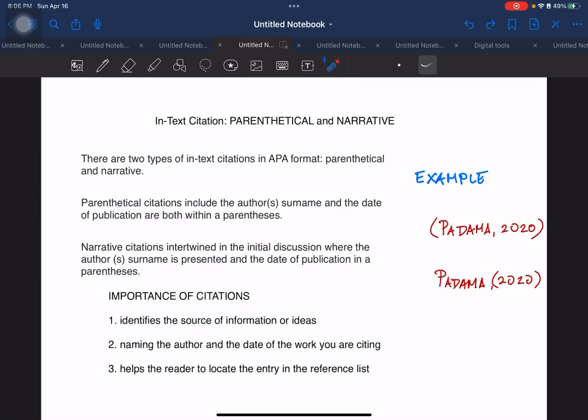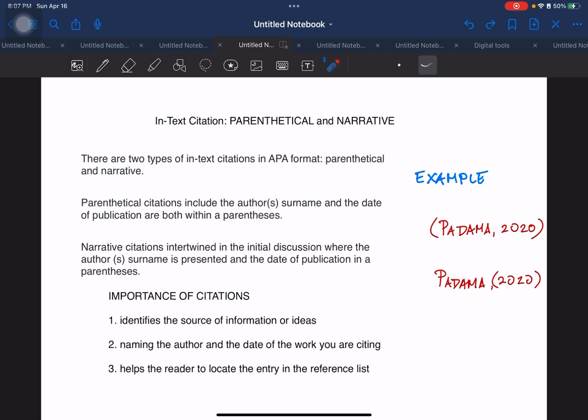This time we will be discussing the different types of in-text citation, specifically what we call the parenthetical and narrative citation. And we will be using Tagalog and English during this discussion. We will be including and starting with the definition of parenthetical and narrative to be able to differentiate the two, and then we will be presenting the importance of these citations in your research writing process or in your manuscript,